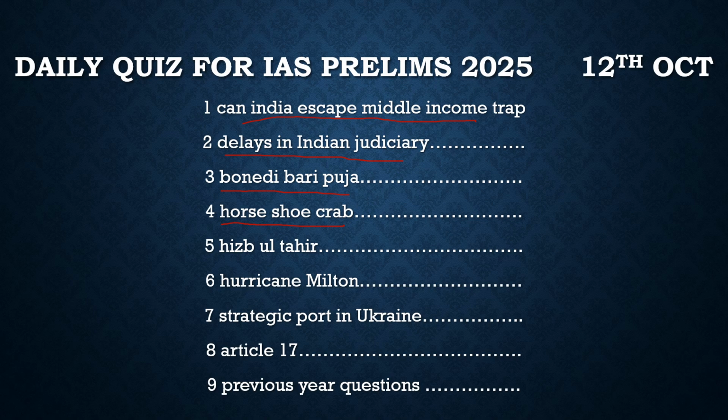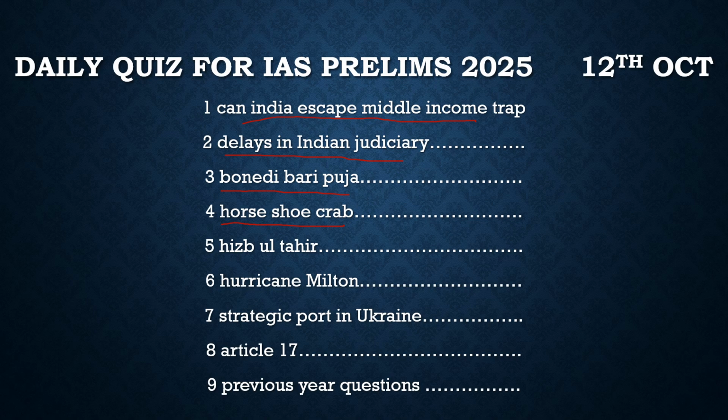If we look at their distribution, they are distributed around the world. They lay millions of eggs on the coastline, which are fed on by millions of creatures in the marine system. Today they are threatened under the IUCN Red List. There are different types of horseshoe crab. For example, the American type is vulnerable under IUCN. Then we have the tri-spine horseshoe crab, which is mostly found in our regions. They are endangered under the IUCN list.